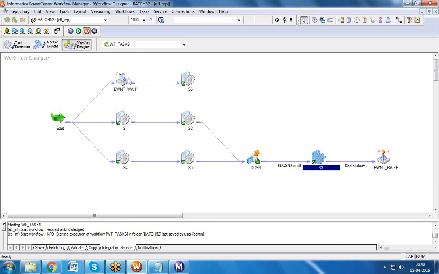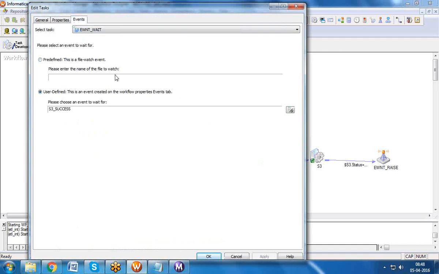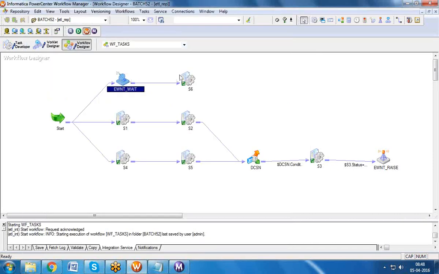Okay, so this event wait task and this particular session, let us assume it is delivering a flat file, and that flat file will be loaded into the landing directory path, whatever source directory path you give. So this event wait task checks whether the file has arrived or not. You can give a path over here. When you work with source as a flat file, what you give? You give the source file directory path and you give the source file name, right? Here you can give the directory path and the file name. So as soon as the file has arrived into that particular directory path, this task will succeed and it will run the next session.